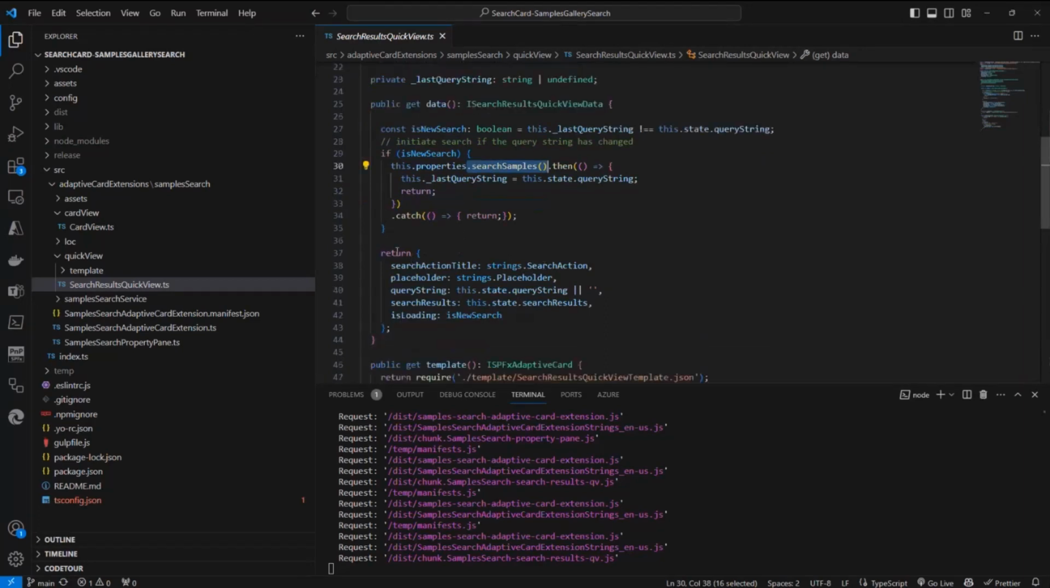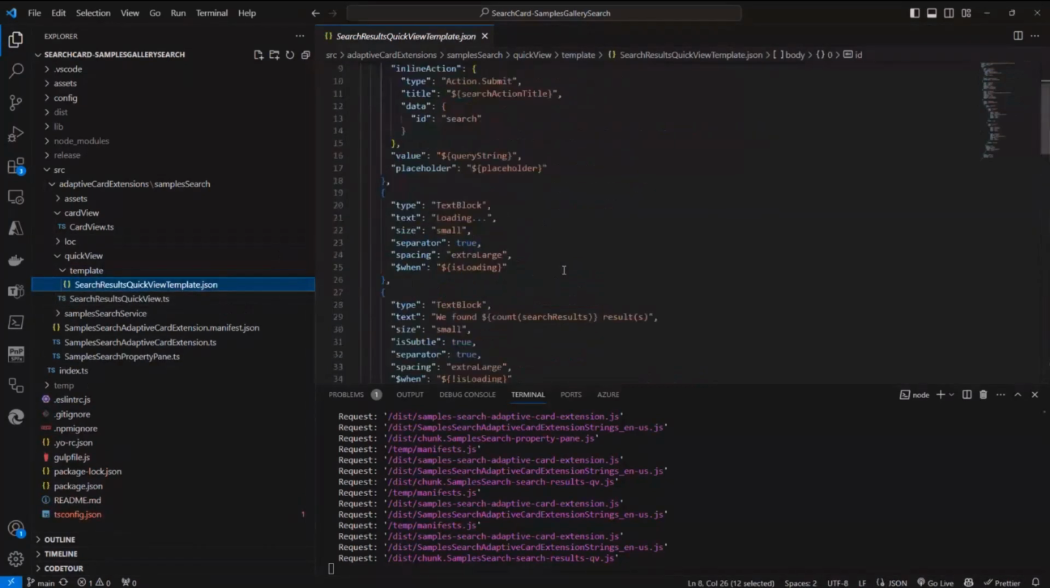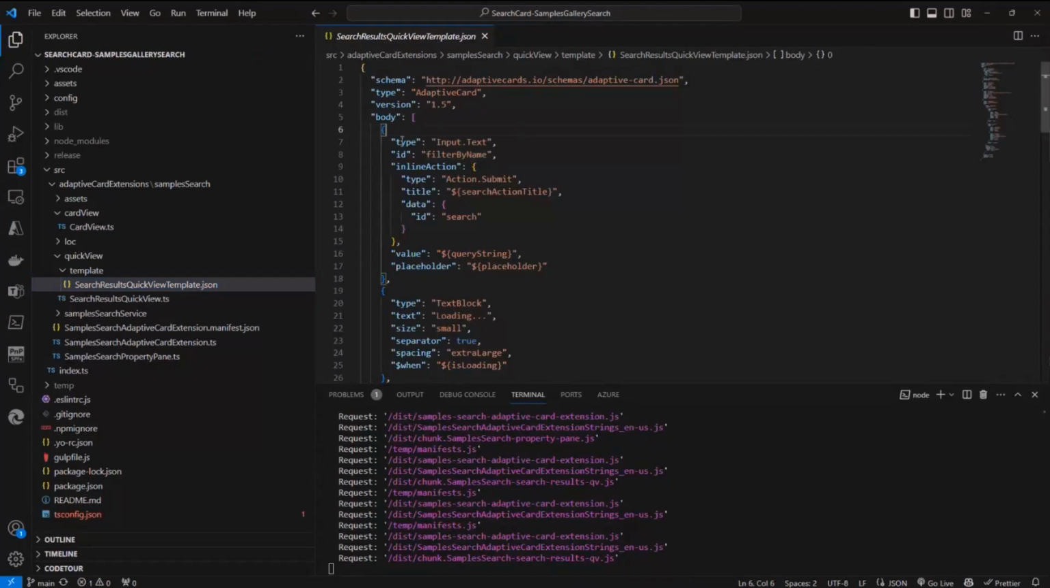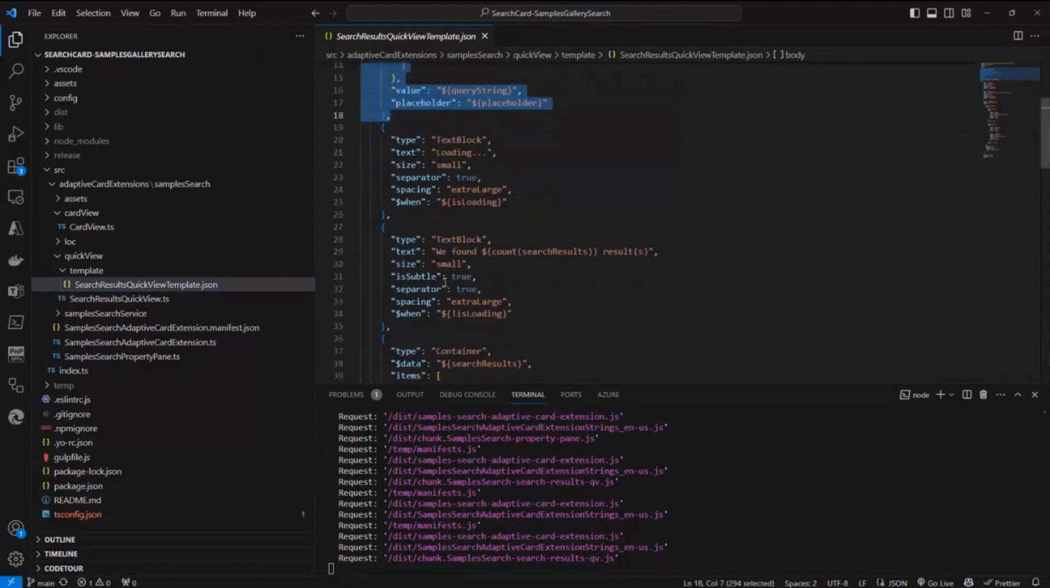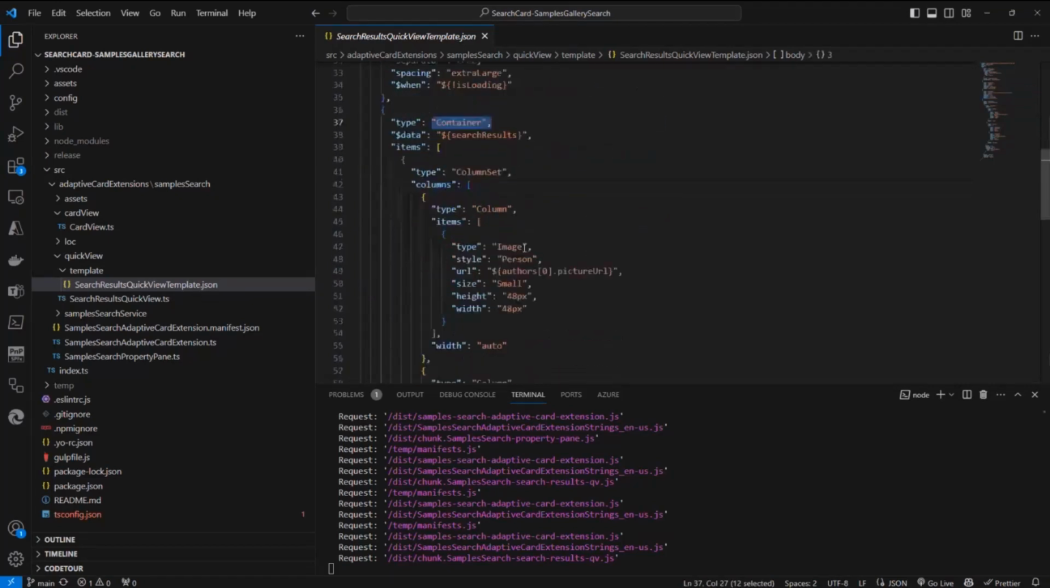And as such, I can provide as the data binding source to my quick view a bunch of useful information, including the search results that I've got from my search query. And as such, in the JSON template of my quick view, I can then render a text box and the information about the number of items retrieved by the search query, as well as a container with a list of items which will be repeated for every single item in the search results,